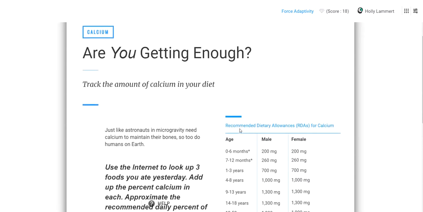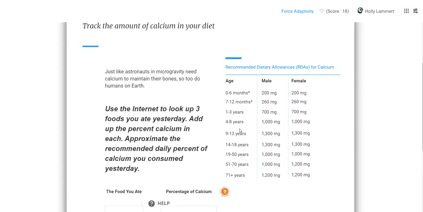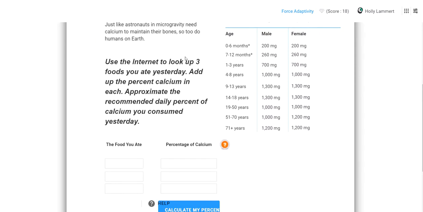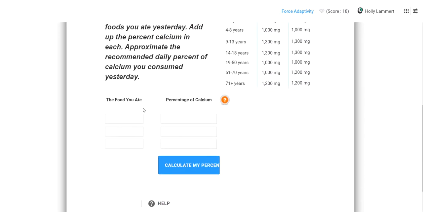Okay, so looking through, are we getting enough? Track the amount of calcium in your diet. Use the internet to look up 3 foods you ate yesterday. Add the percent calcium in each. Oh, this is pretty cool. You could even do it today. So I'm going to do that. Actually,